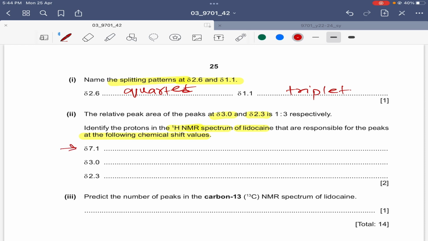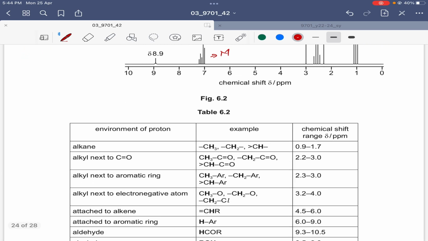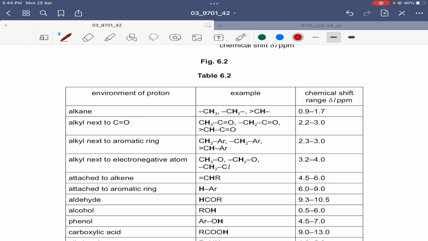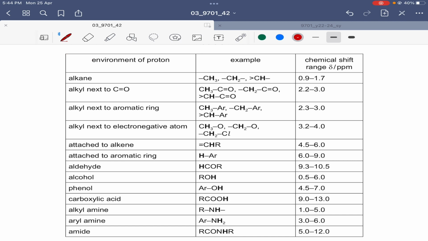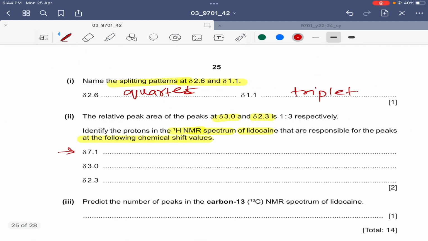A chemical shift at 7.1 is a multiplet, right? This is because we have an aromatic ring present in our structure, so this must be the protons attached to the aromatic ring. The range is 6 to 9.0 and we get a multiplet. So 7.1 is the protons attached to the